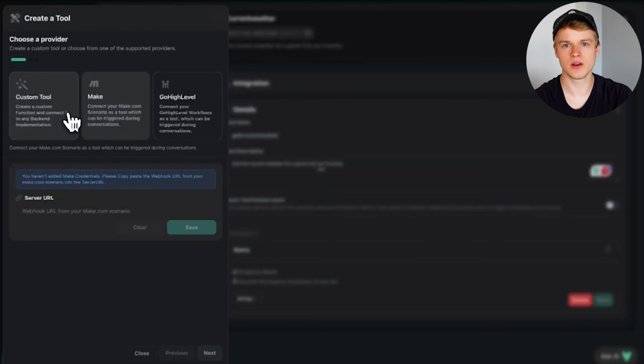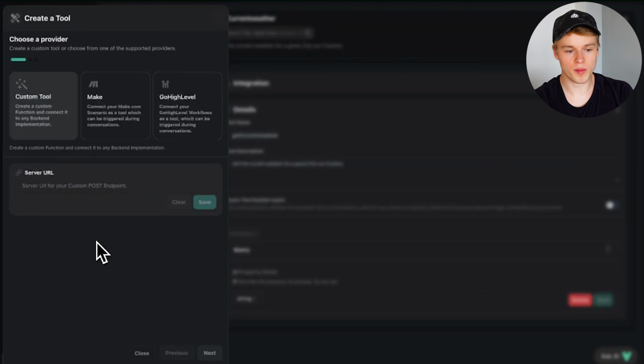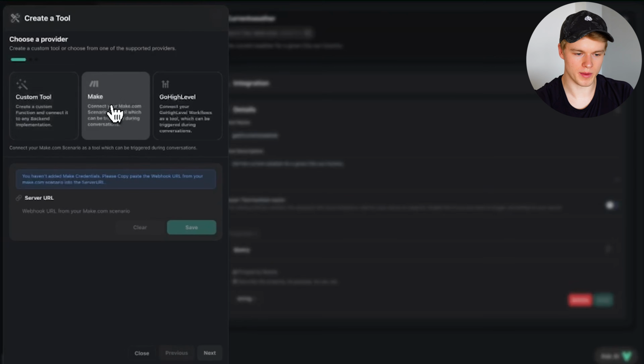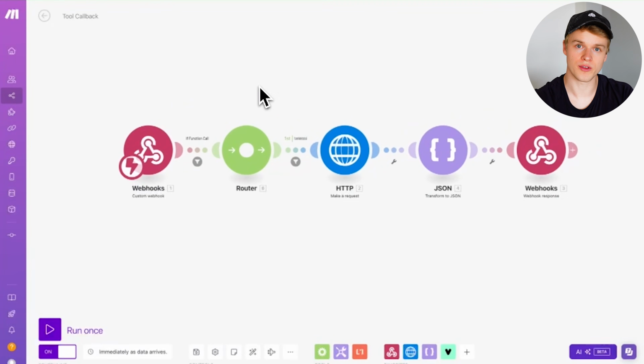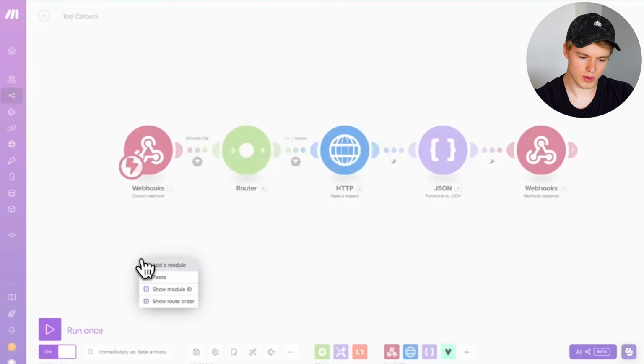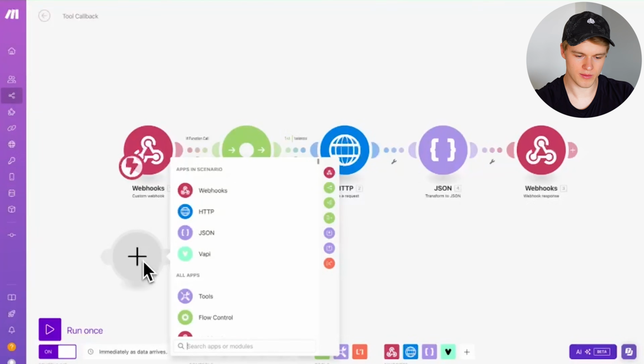Now, for beginners, it is awesome that there's a make.com integration because for them it is very, very easy to structure a scenario using the predefined Vapi modules and integrations. For a moment, let's assume you actually want to use the make.com integration. You can do the same thing by literally just clicking on make here, and in the server URL, what you would do is you would go to your scenario, which would be the one that you would use for function callbacks. You would right click here, add a module,